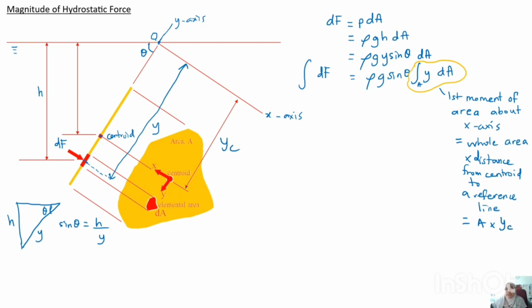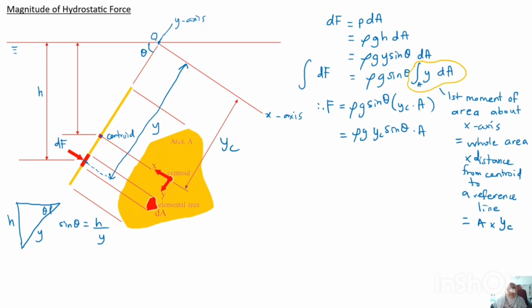So I replace in this equation. Therefore, F, after I integrate it, I get sine theta times yc with the area from the first moment of area about the x-axis. Therefore, rho g yc sine theta A. So yc sine theta, if you go back to the slide here, to the diagram here,